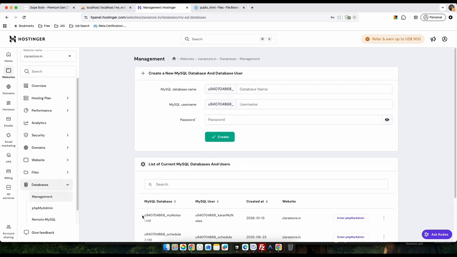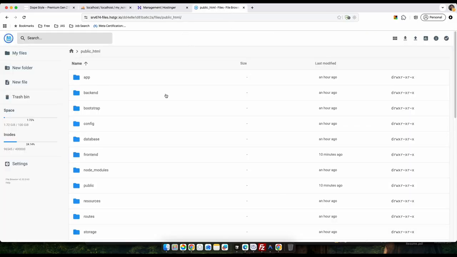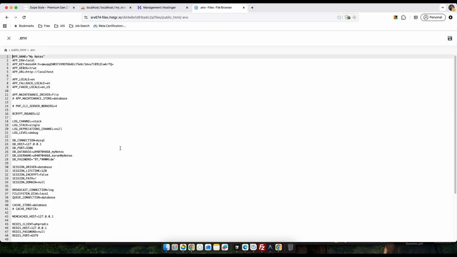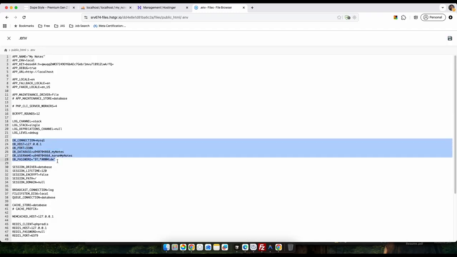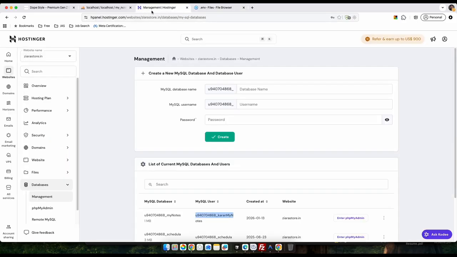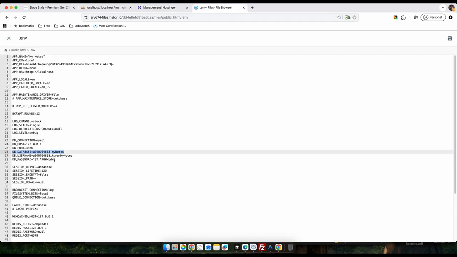And here you have to copy and paste your database name, username, and password. And where do you have to do that? You have to enter that in this env file. In this env file, focus on this specific area, which is your database name. This is database. So you have to copy your database name here. Then copy your database username from here and paste it here, and the password